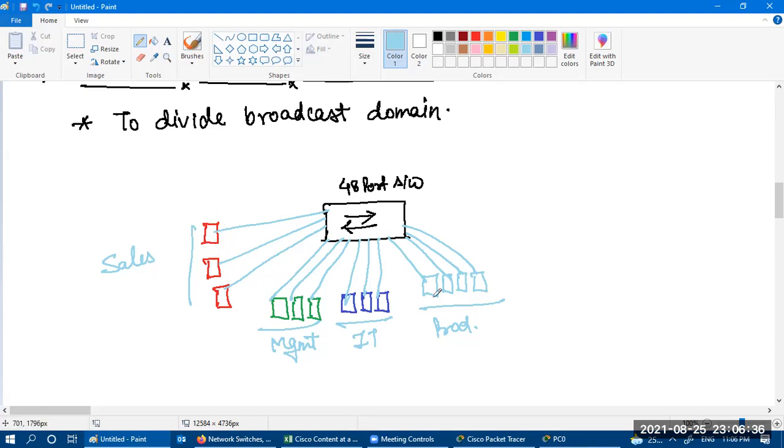So this is 10.1, 10.2, 10.3, up to 10.13. So we have different devices over here.